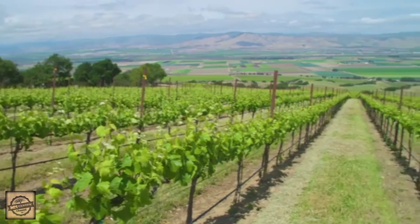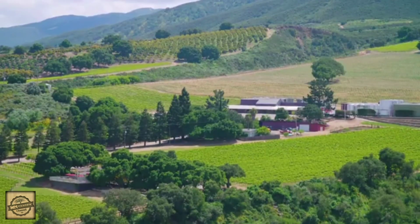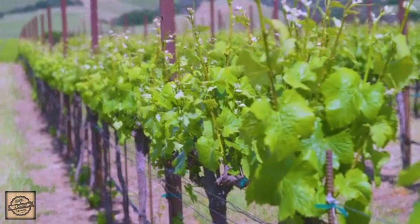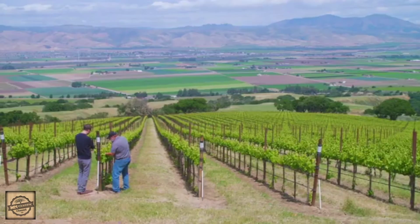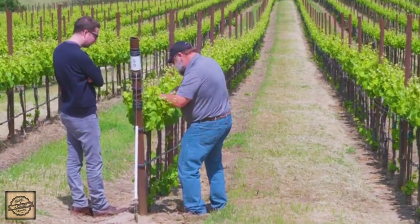drought. So in the hills overlooking Salinas Valley, Hahn Family Wines has teamed up with Verizon to test a sophisticated water monitoring system. With our soil sensors, we're measuring how far down that moisture is going. And if it's gone out the bottom of the soil, then we know we put on too much water, so we can cut back. With climate change messing with rainfall all over the world, farmers have to get smarter about their water use. Looking at all the tools that are out there is going to help us be more efficient